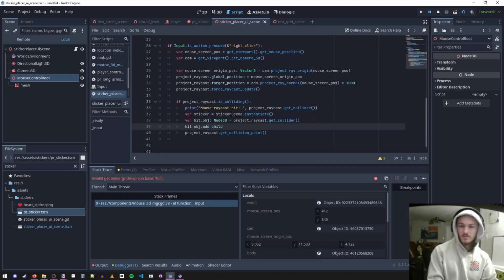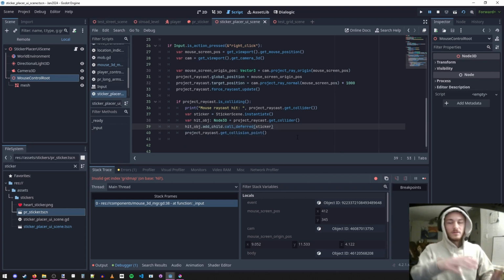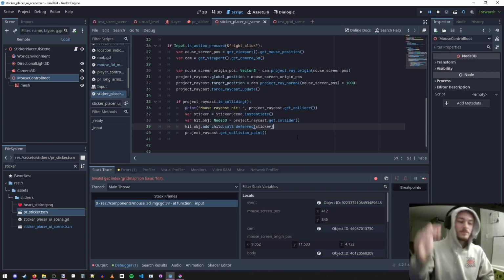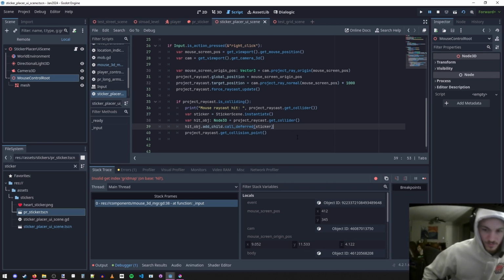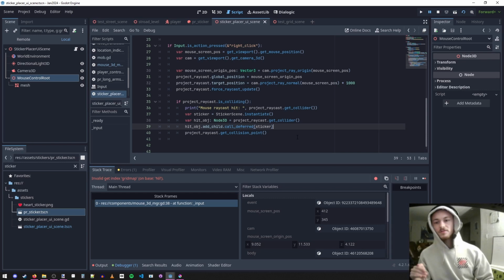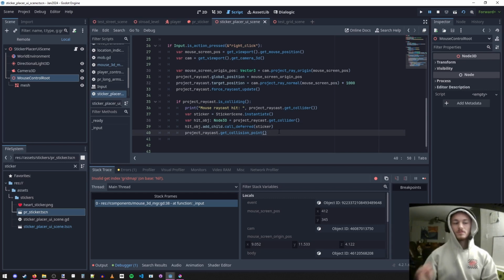Why is this having issues? Add child sticker. I think we want to call deferred on that. So we wait until call deferred is waiting until Godot no longer has stuff to do, particularly in this script,